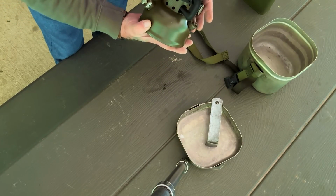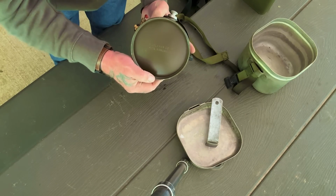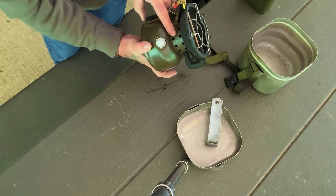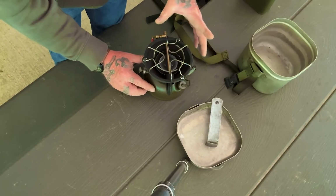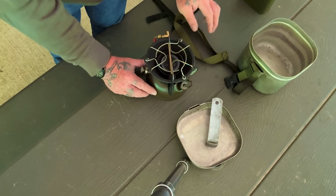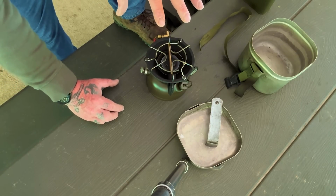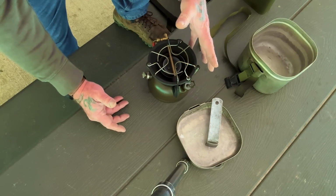And again, I had this one refurbished for me. This is 1973 is when this one was made. It says on the bottom, Wichita, Kansas. It's a made in the USA Coleman stove. I believe it's the 502. It's the 502. Let me get that right. Coleman 502. You can buy the 502 without these cans and things like that. You can get things that go on top of them that I have that make them heaters for inside a shelter. There's lots of versatility with a small stove like this, and it doesn't take up a lot of room if you're packing it,